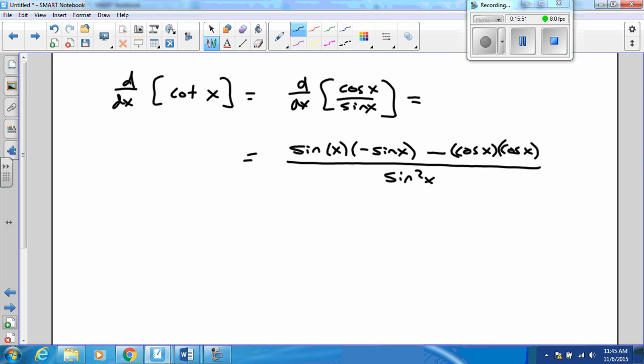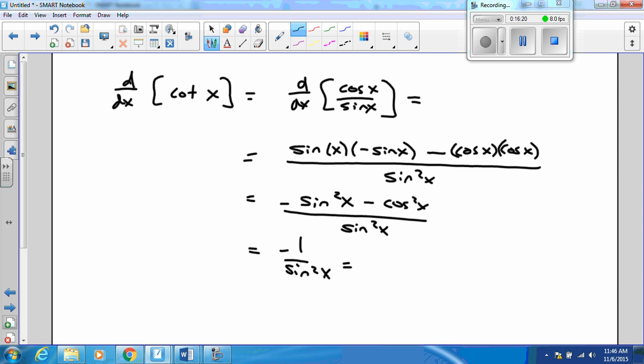Just because I was in a little bit of a hurry, I omitted the d/dx portion of the process there and got straight to this. Did all of you get that so far? And now we have a very thinly disguised Pythagorean identity going on here. How does that top simplify? Negative 1, that's right. So that when the dust settles, what I get is negative cosecant squared, which is really nice because it reminds me of the derivative of tangent, except that instead of secant squared, it is the negative cofunction.